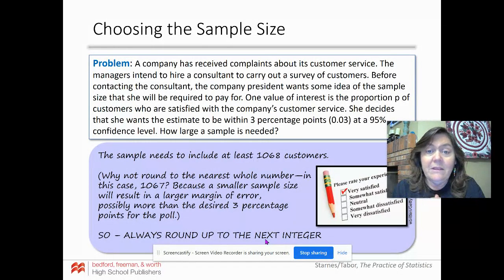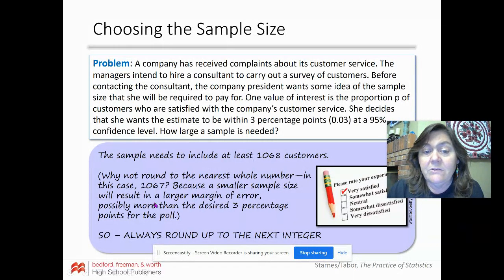we're right on there. But let's say hopefully more than 50% are satisfied with her company and it's more like 80, then this margin of error will actually be smaller than that 3% max that she wanted to put on it. Okay, so that just explains here why not round to the nearest whole number, which would have been 1067,